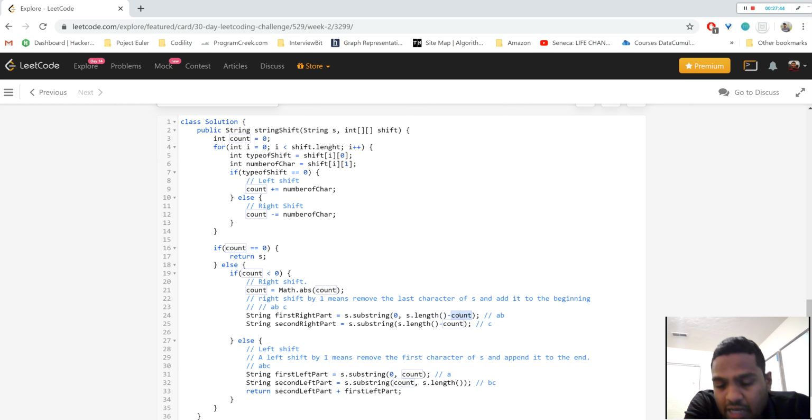If count is 1, length is 3, 3 minus 1 is 2, 0 to 2, we have a string with indexes 0, 1, and then 2. The second index is exclusive, so we will be getting AB. For the second right part, length is 3 and count is 1, so 3 minus 1 is 2. Here we are giving the start index only, and that index is inclusive, so we will be getting from the second index till the end of the string,